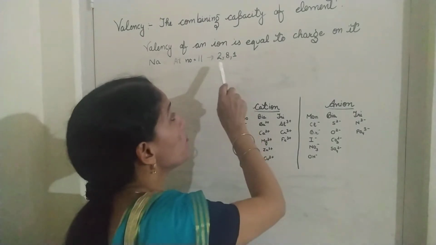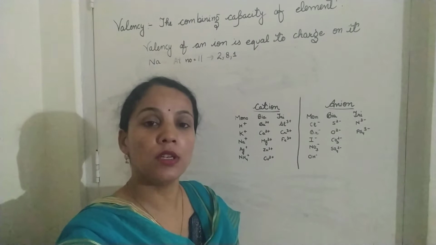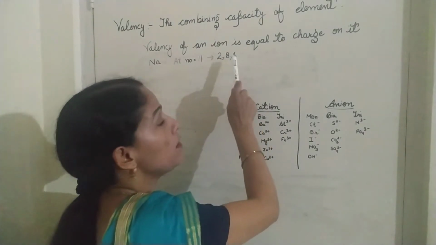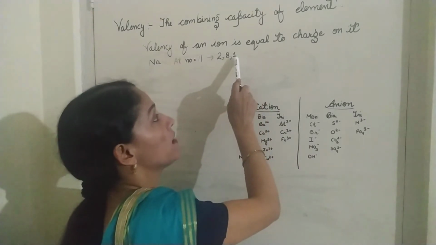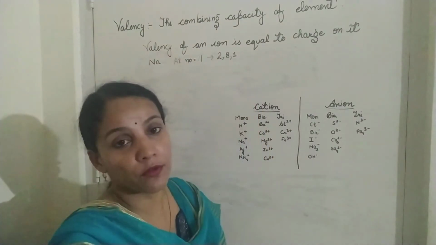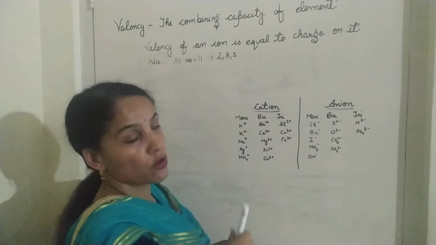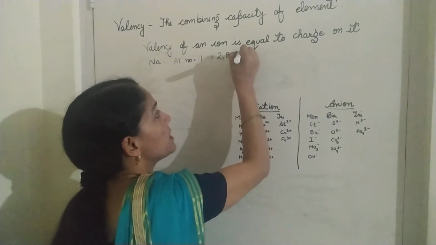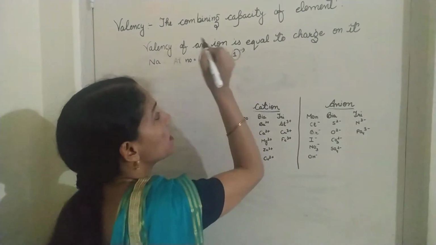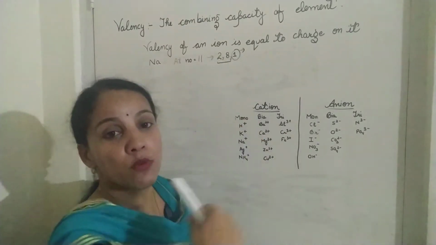To make it more stable, what is the stability? Having 8 electrons in the outermost shell is the stable configuration. To make it stable, we have to make it 8. If we lose 1 electron from here, or take 7 to make 8, what is easiest for us? To remove 1 electron from here. If we remove this 1 electron and give it to somebody else, we get the stable configuration, that is 2 and 8. When we get 8 here, that is more stable.